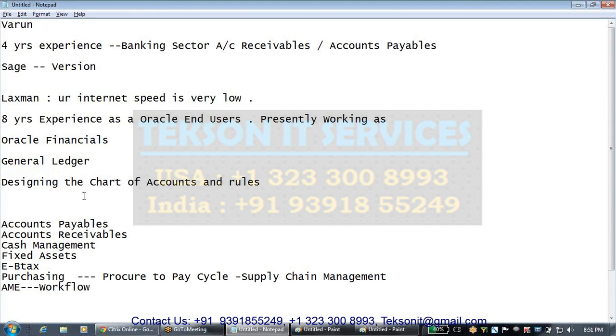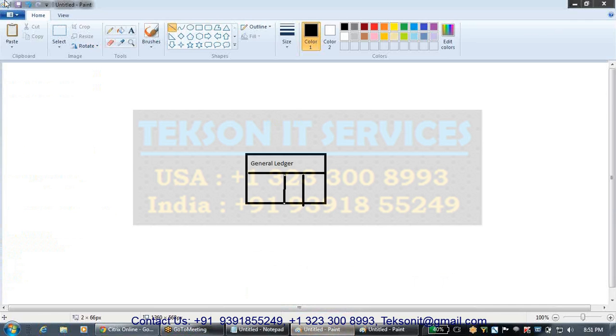Basically, we will be learning very perfectly on the chart of accounts. This is very important. The chart of accounts is very important. There are lots of topics available in the general ledger. I am going to take a complete module on the general ledger. Now next comes the